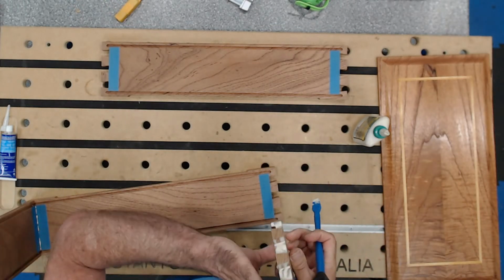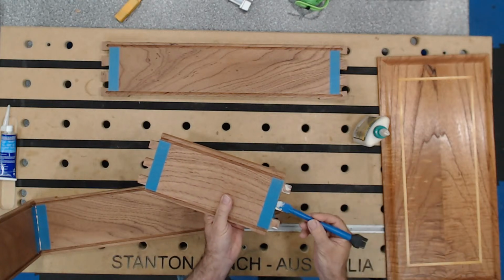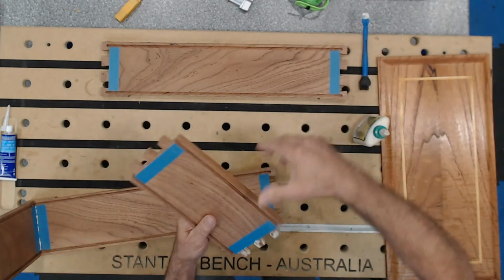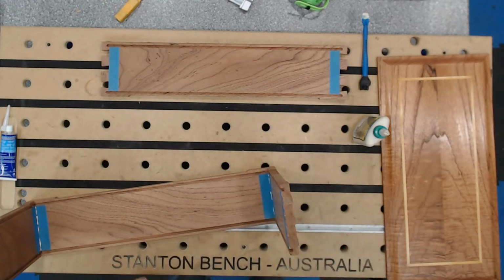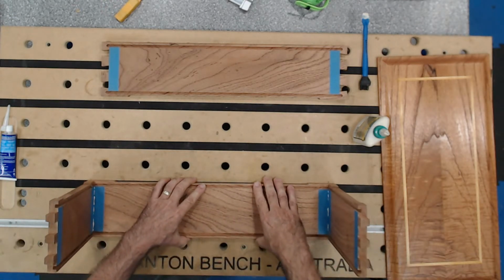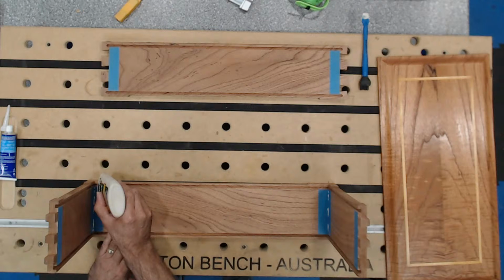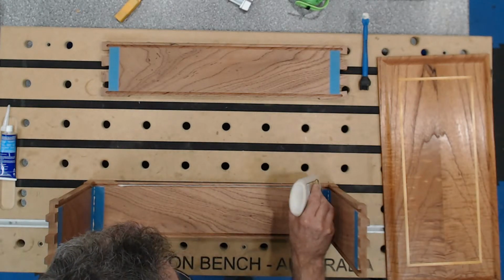All right, so that is going to go that way, which means these inside ones need a tiny little bit of glue as well. I'm not going to go over the top. Beautiful. Nice, nice. Now this is the bottom, remember. So what I want to do now is I'm going to glue the ply in. I'm going to put a strip along there,